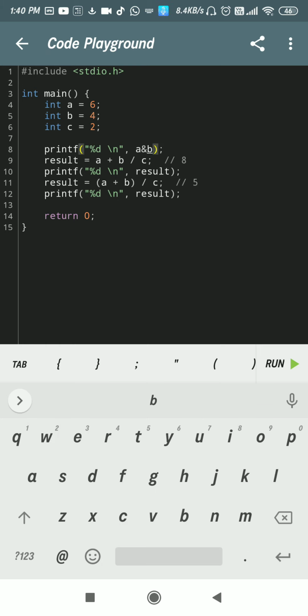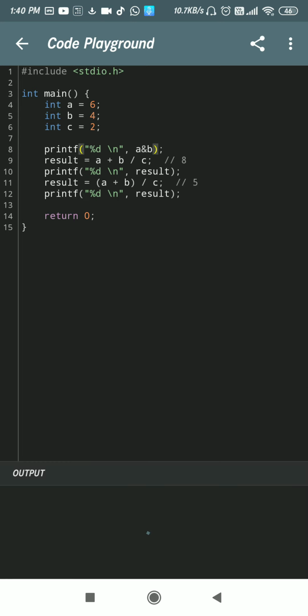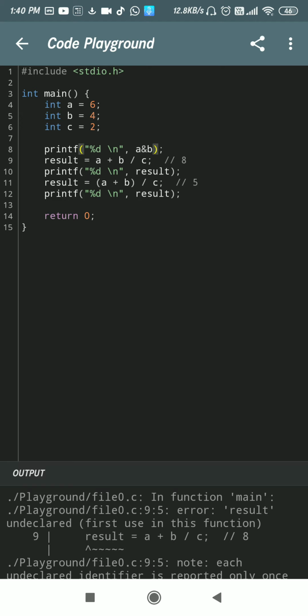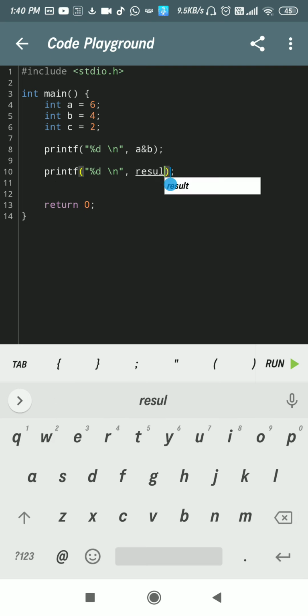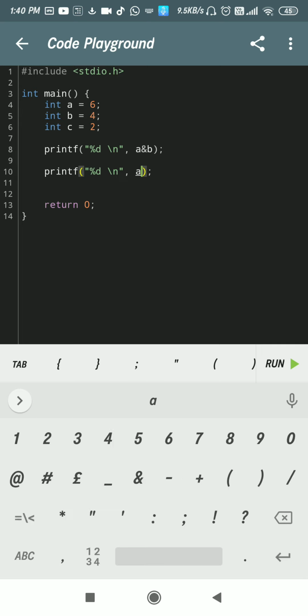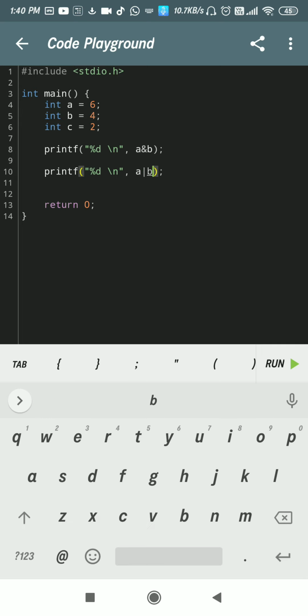But through bits, I don't know what will be the answer. So let's see A plus B is what. Okay, the problem is A plus B. Let me do this with A or B also. A or B.